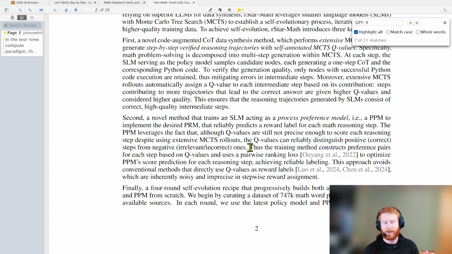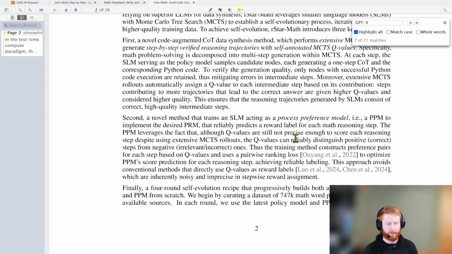So instead of training on those Q values directly, we just pick out preference pairs and use a pairwise ranking loss. We say, look, give me a score, and the loss that I'm going to enforce is not that that score exactly matches the Q value, which might be noisy. Instead, the loss is just going to say, make sure that the score that you give for the good sample in the pair is higher than for the bad sample in the pair. And so that's why they call this a preference model rather than just a process reward model. They give it a special name, and they use that to emphasize this is trained on this kind of paired, here's one good and one bad type of data, and a pairwise ranking loss, as opposed to trying to predict the Q